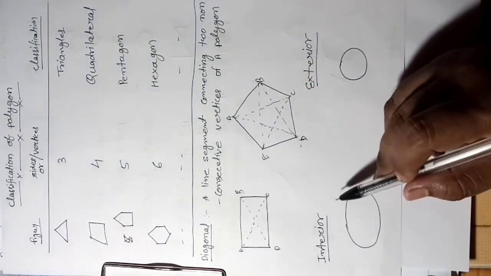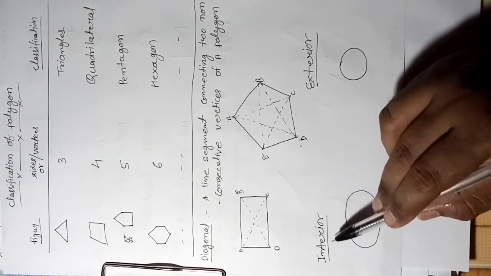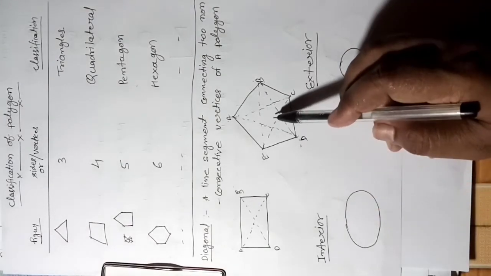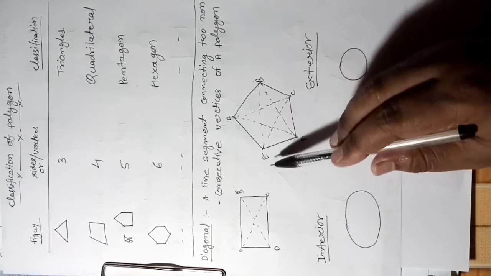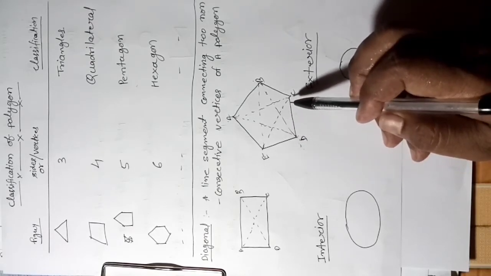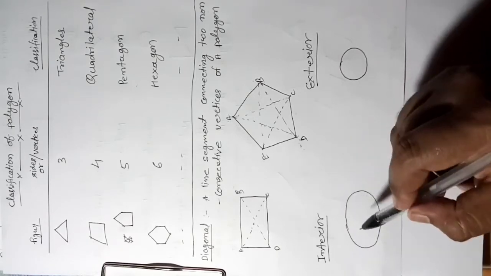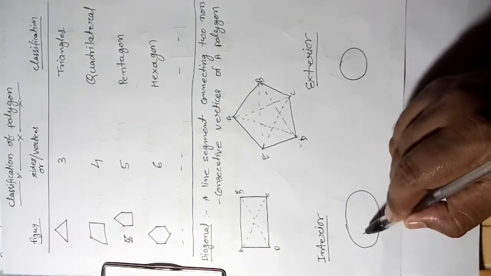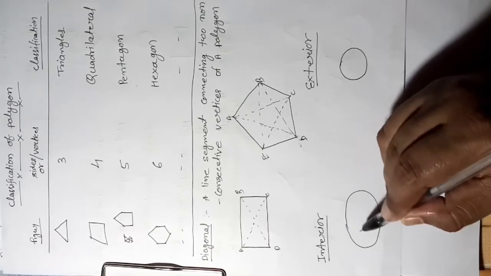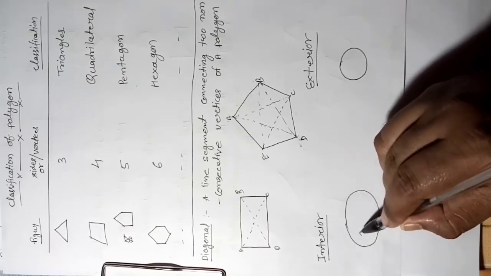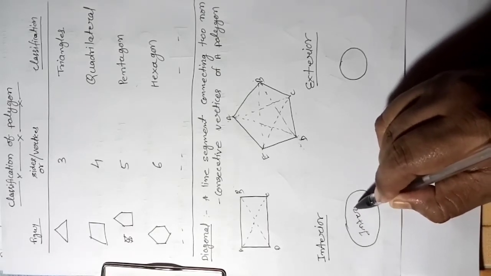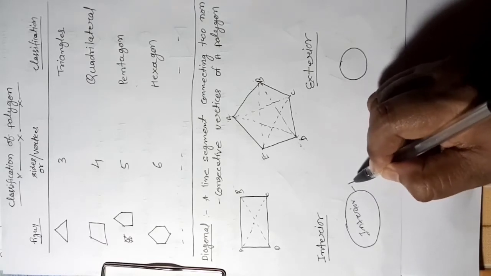So now one more thing we have to understand. These all are diagonals, right, which I have made to join the vertices, right? Now exterior and interior, what does it mean? Whatever is inside of this circle, this region, this area inside the circle we call the interior. This is a boundary.